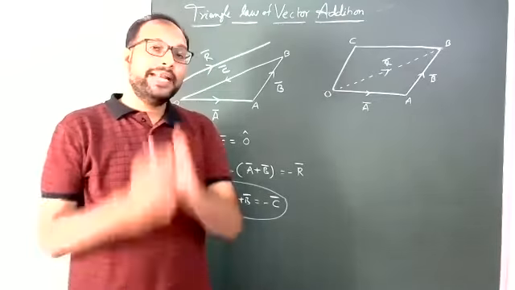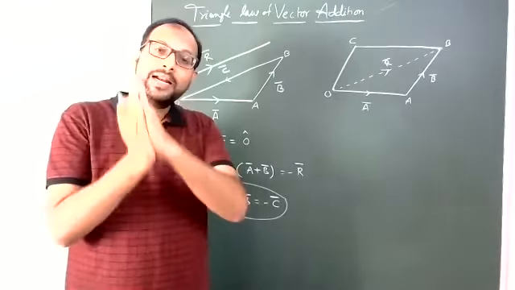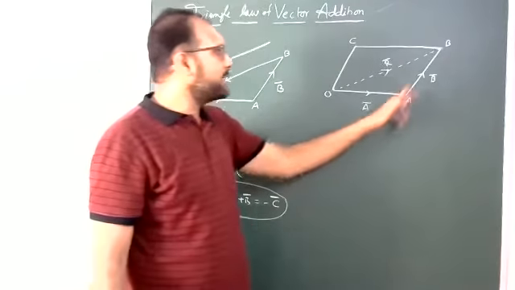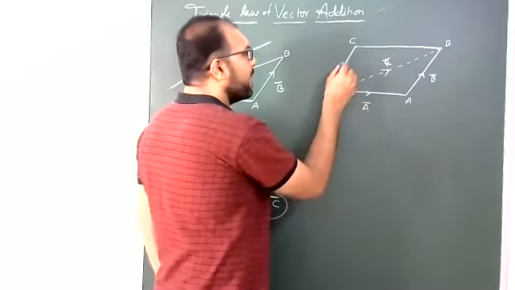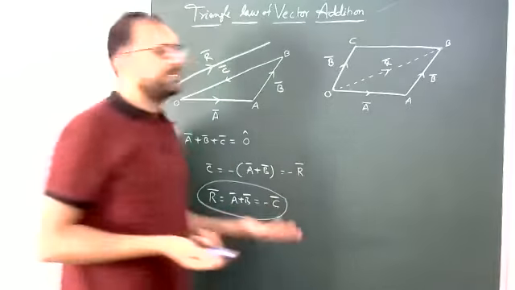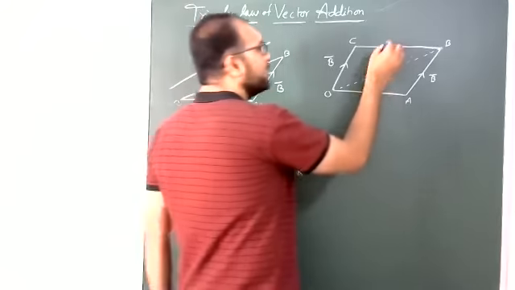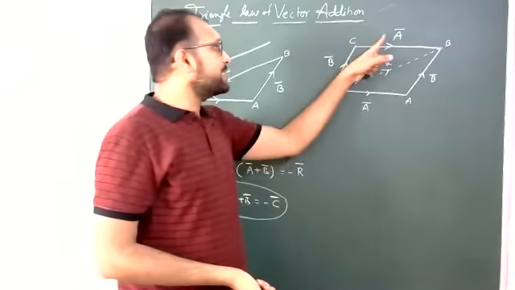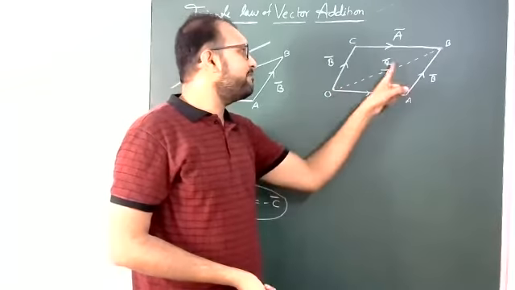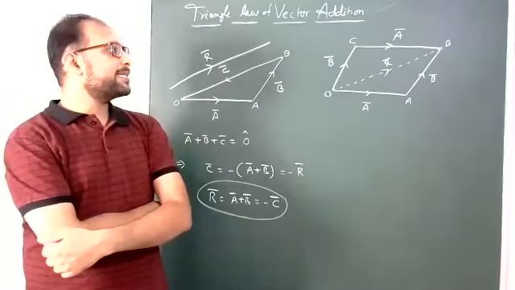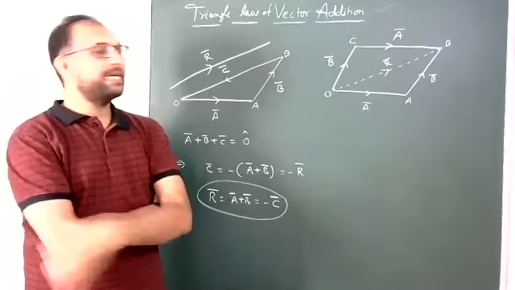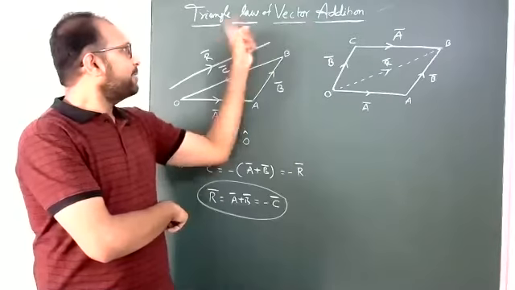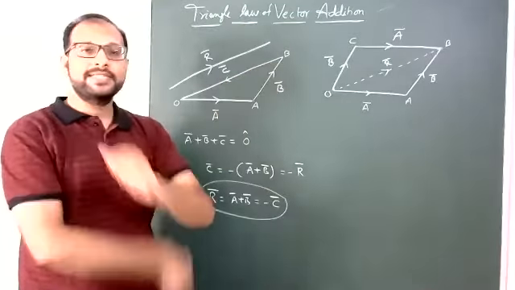And previously we know any vector we can draw parallel to itself without changing magnitude and direction. So that's why, students, A to B is B bar. It is B bar, means it is also B bar, right? And it is A bar, means it is also A bar, right? So again B bar plus A bar gives the same resultant vector. A bar plus B bar equals B bar plus A bar. That is nothing but R bar. Indirectly, now the parallelogram law. Same triangle completed, parallelogram law of vector addition, very simple.